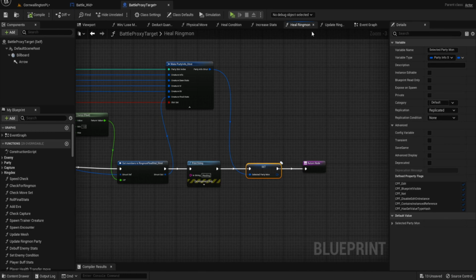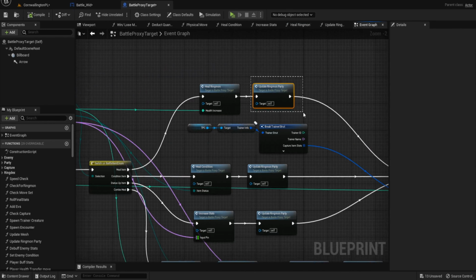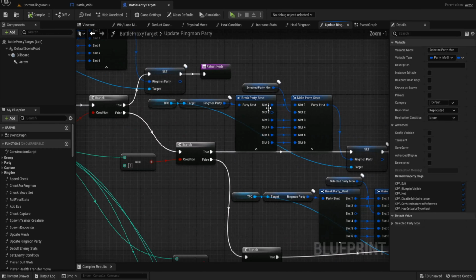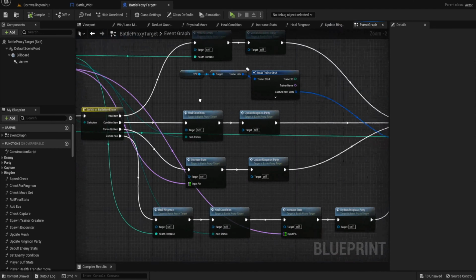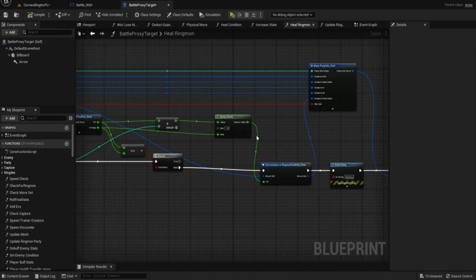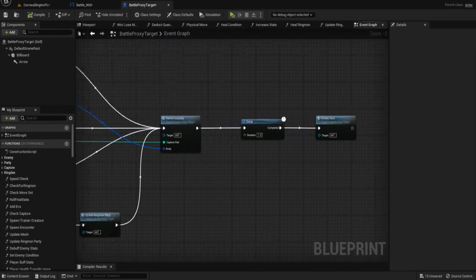So that when we do our update Ringmon, wherever we were just a second ago, let's go back here. When we do that update Ringmon, that selected Ringmon, when it goes back in, we know it's got the correct health that we want to see. Now, obviously, if this is false, it's not going to do anything, and it's just going to cancel out that event